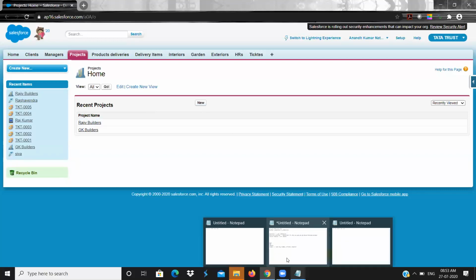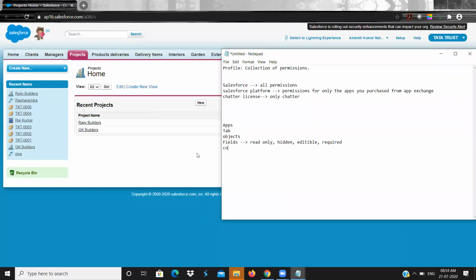So it can control access for create, edit, delete record. Okay.